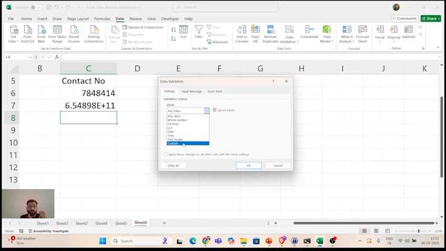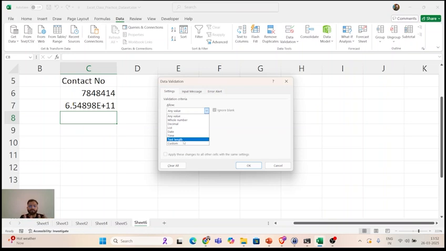So if you want to enter date values in any column and you do not want to enter any other kind of values, let's say by mistake someone is entering a name in the date column, it should not allow. So you can choose the date option, so that in that column or in that cell, only date type values can be entered. Or if you want it from a list, maybe you want to create a drop down, then you can choose the list option. We will explore it.